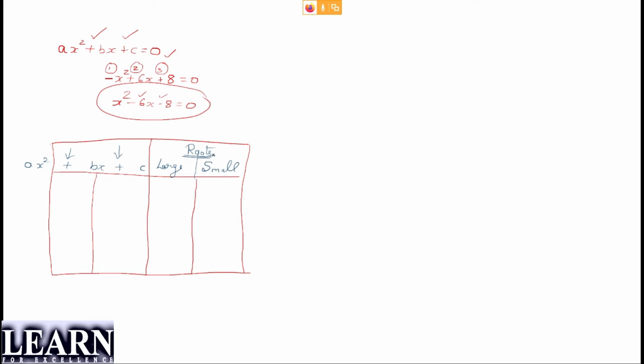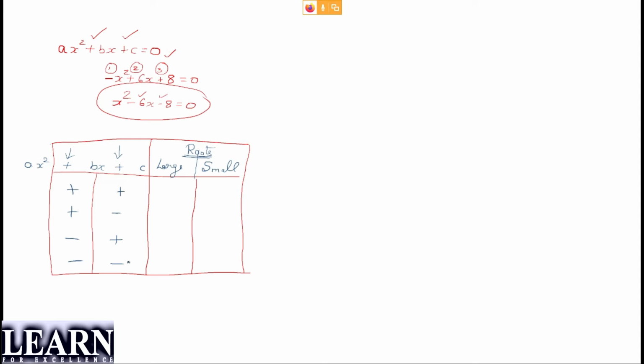Now you may have one simple doubt: what if the roots are equal? Larger will also be the same number, smaller will also be the same number. So in general, I am going to talk about the larger root and the smaller root. I'll go with the possibilities of the signs. The first possibility is plus and plus, next is plus and minus, and third is minus plus and minus minus. So we have these four possibilities, guys. Only four possibilities of the signs will be here, right?